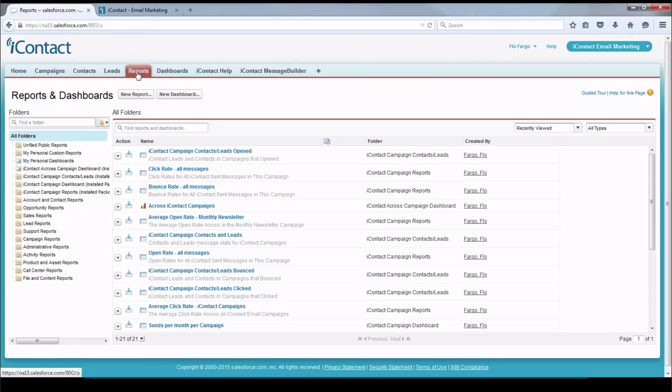So if you're going to add members via the Reports tab, you'd start by either selecting an existing report that may be in one of these folders here to the left, or by creating a new report, which is what we're going to do today. We're going to create two new reports. One will be a leads report and one will be a contacts report. Remember, you must do them separately. However, you can build a specialized report that will mix leads and contacts simultaneously. But that would once again require customization, and you'd want to make sure you contact support to make sure you're doing it correctly. So we're going to click New Report,